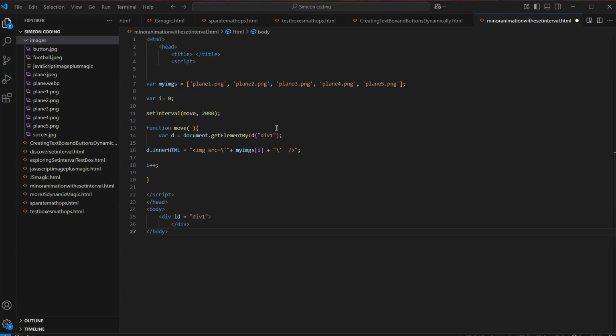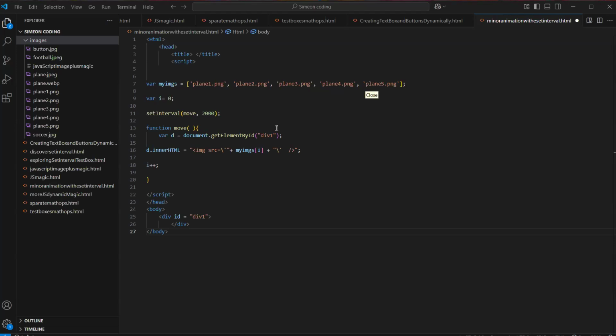The image src. You've not seen any difference between what I sent to you and what you have.